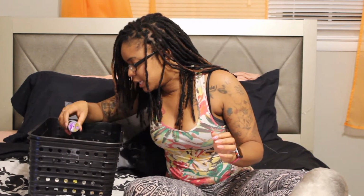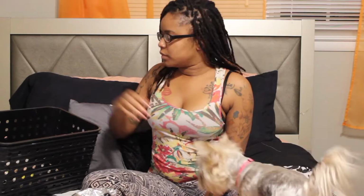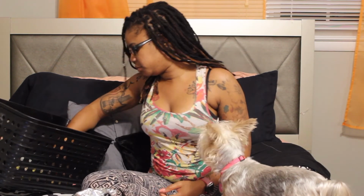And last but not least, well, next to last but not least is needle and thread. Super important. When I first started on my locks, I wasn't using no needle and thread, and I prided myself on that, but I did start using the needle and thread because it does hold much better. So okay, the last few things I have in here is, let me see,